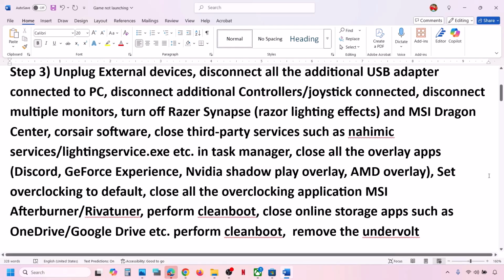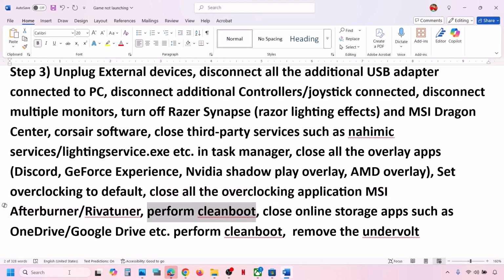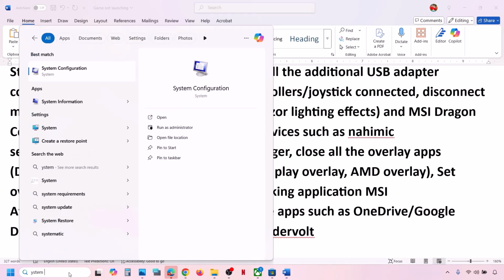So first of all, you have to turn off the overclocking. You have to set it to default and then you can close all the overclocking application and then check. Perform clean boot. Now for this you can type in system configuration in Windows search box